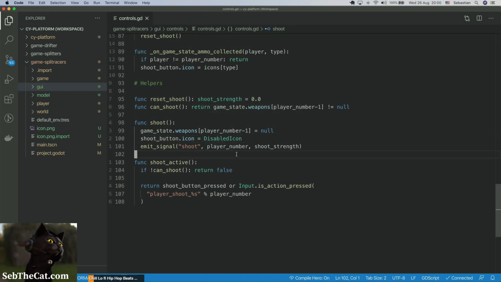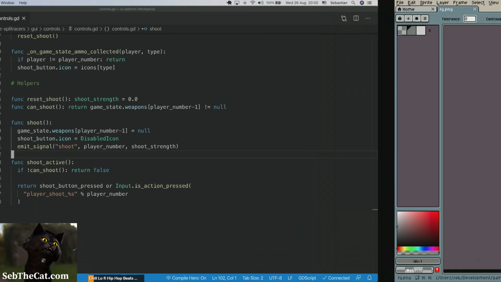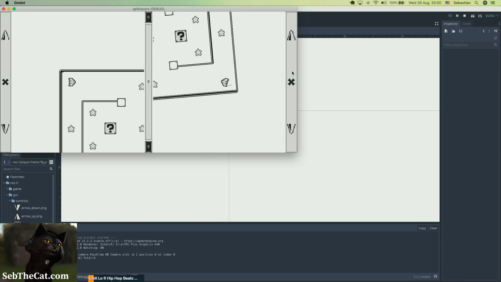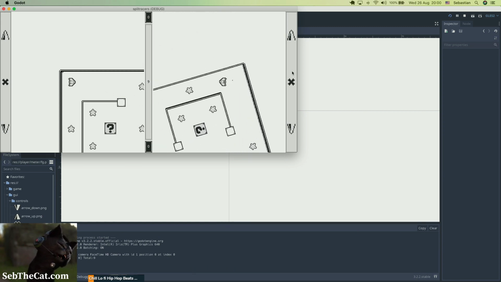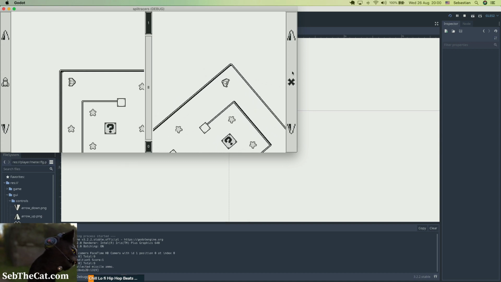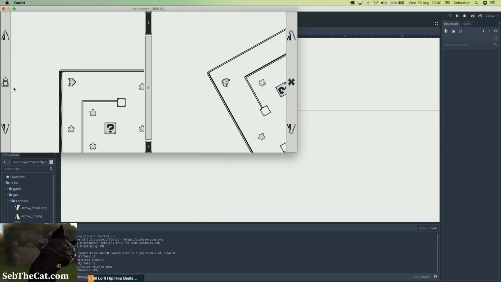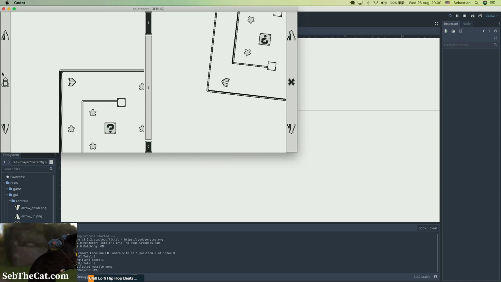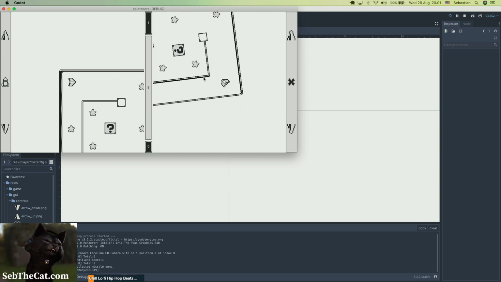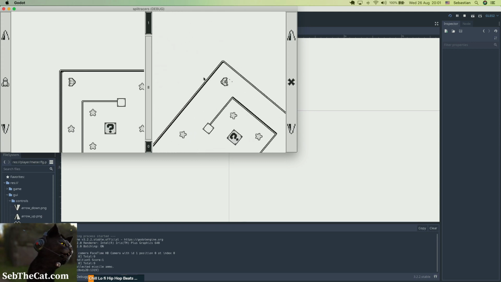Cool. Alright. So what I expect to happen now is I pick up a weapon and then I expect, oh, okay, that's interesting. So I picked up a weapon with player 2 and player 1 got the icon. That's definitely not correct. And then I shoot and